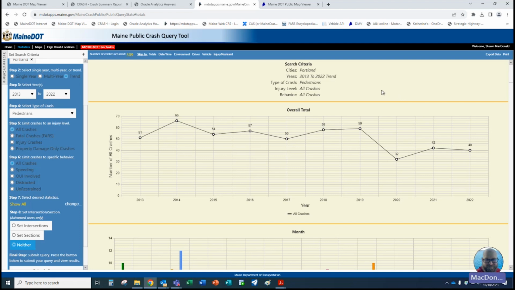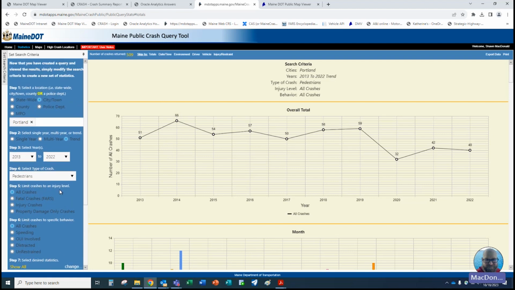The amount of traffic volume we had on the roads was drastically lower, but the amount of crashes that we had was also way down. And you can see 2014 was the highest year that we had pedestrian crashes in the city of Portland. Again, some nice little figures to look at. So we've looked at a lot of the stuff here as far as the statistical information, and I think now what we can do is move on to some of the mapping stuff.